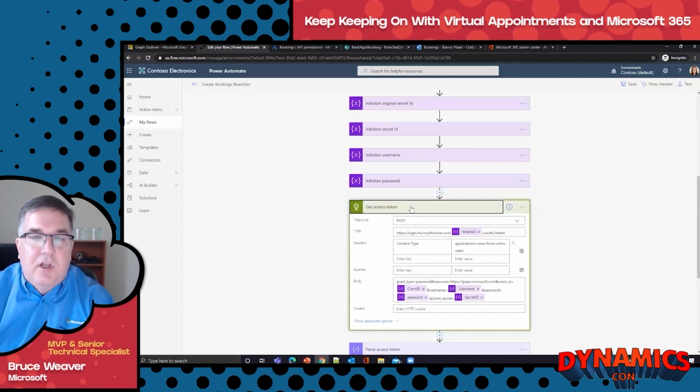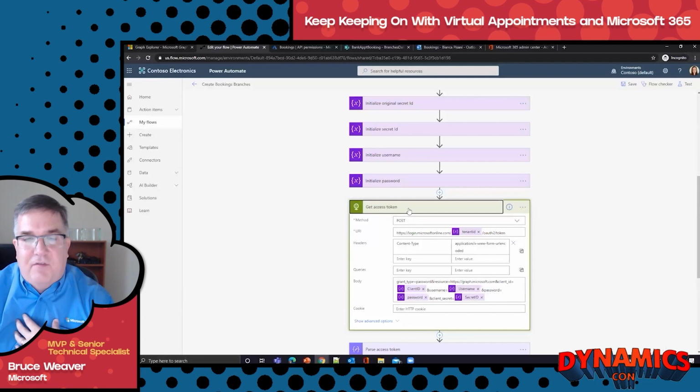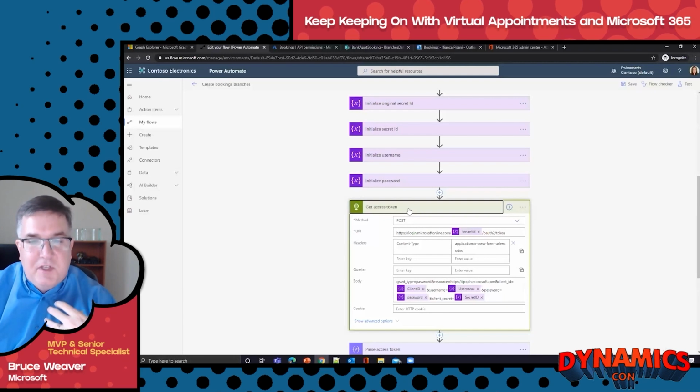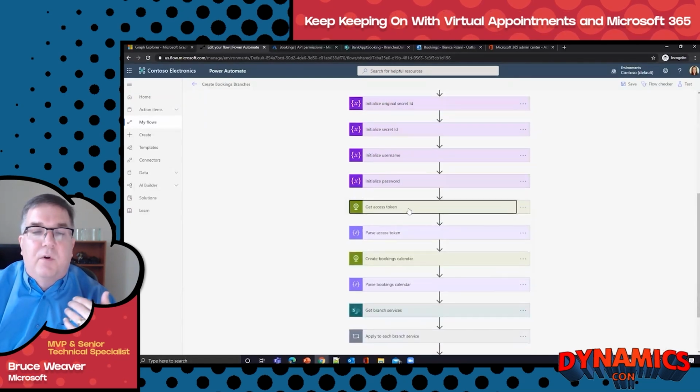This is the REST call that allows the flow to reach out to the graph and authenticate myself in this case, or the service account behind this, to the graph. And after I get a token back from that, basically I'm going to knock on the door, say I am who I say I am, I have permissions to do this, please give me a token that I can reference in subsequent calls inside the flow.